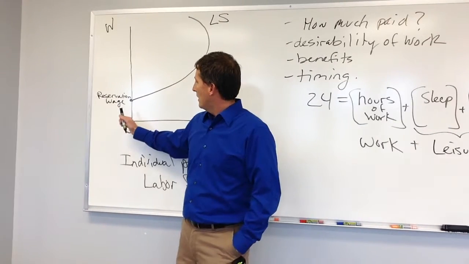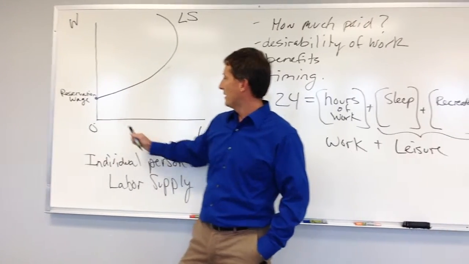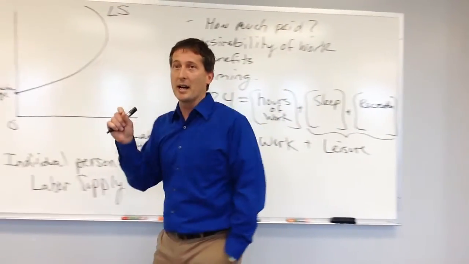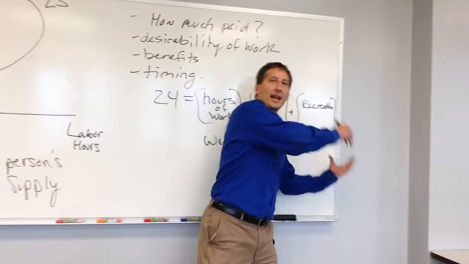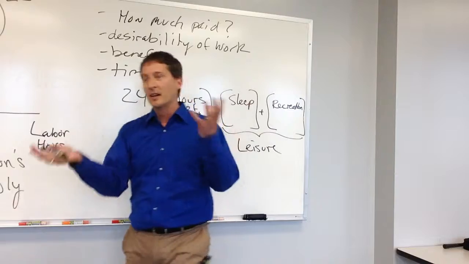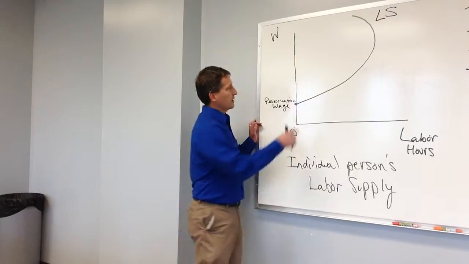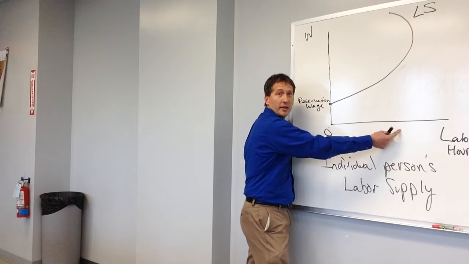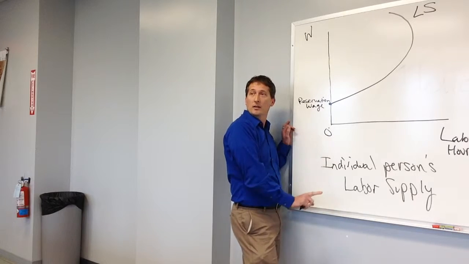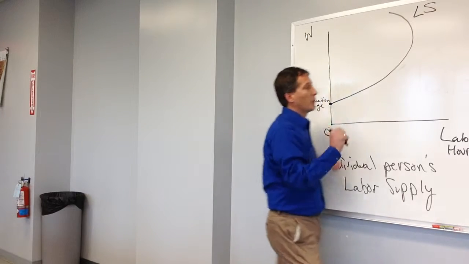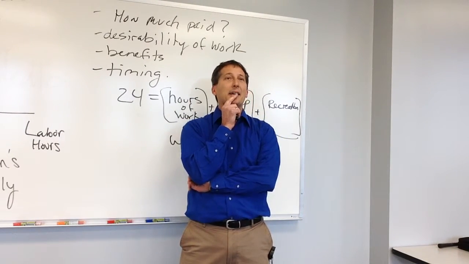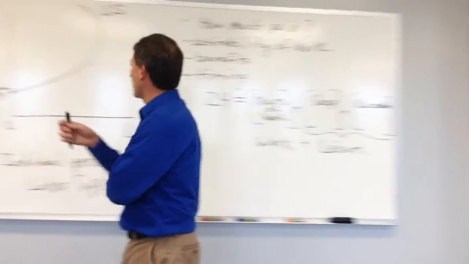Now, as we think about our allocation of time during the day, we start thinking about these trade-offs. I work some hours, I can't have fun in other ways. I work some hours, I lose some sleep, right? So we got this trade-off going on. And so in order to induce us to continue to work more hours, the story that we told when we started this chapter is that the wage needs to go up, right? So the wage needed to go up for what reason? What was the reason that the amount to induce another hour of work at the margin?